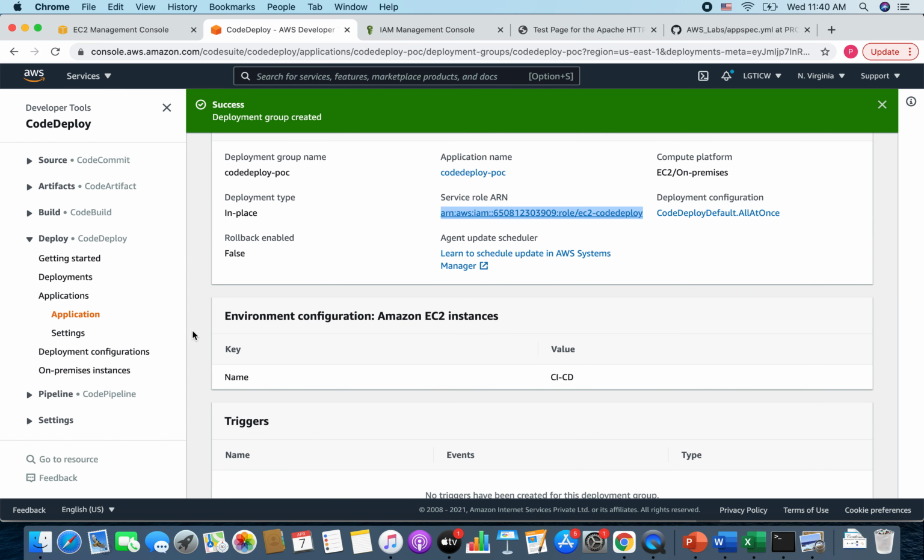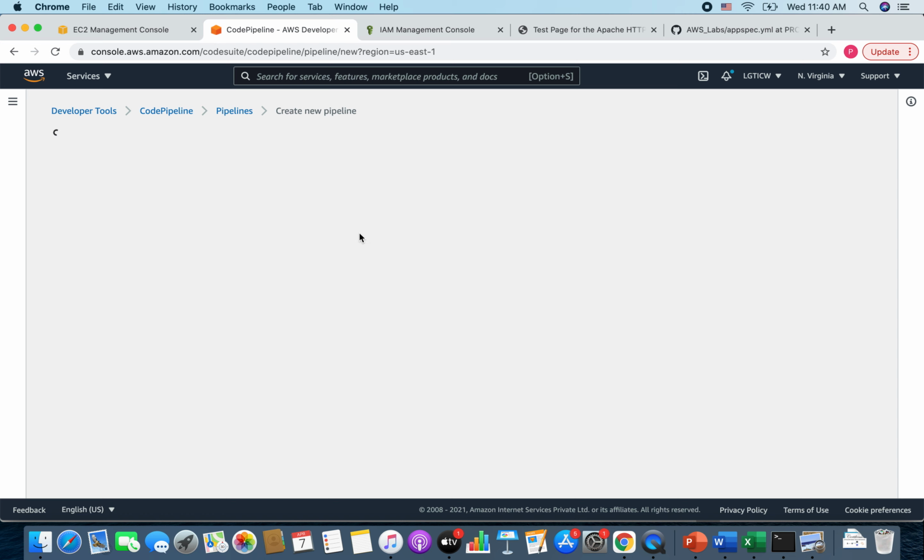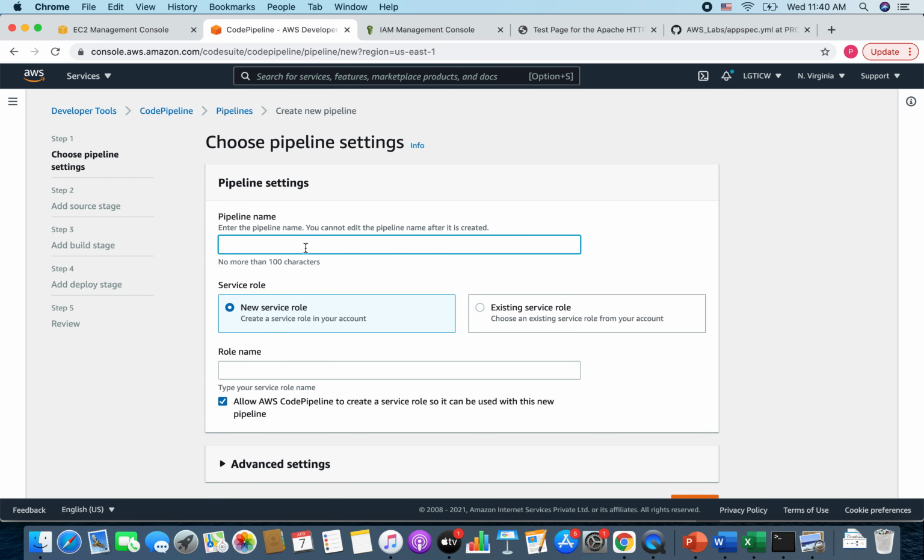Now, in order to deploy the code onto your EC2 instance, what is the next process? Then you have to create a pipeline, because the code deployment configuration has been done. That consists of a source from where you'll deploy, right? Sorry, not the source, it's a destination framework. So go to pipeline, click on create pipeline, give this the name